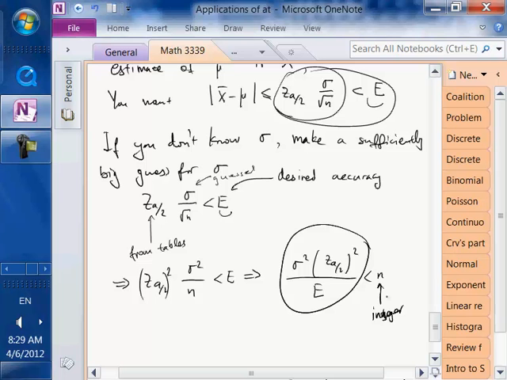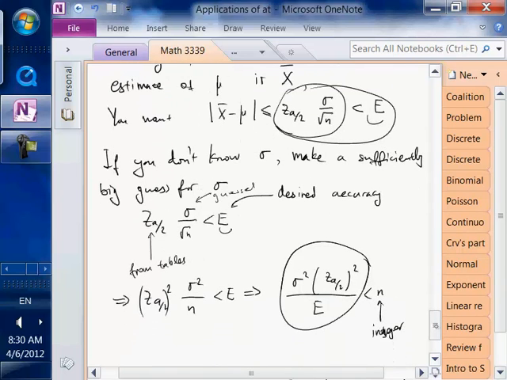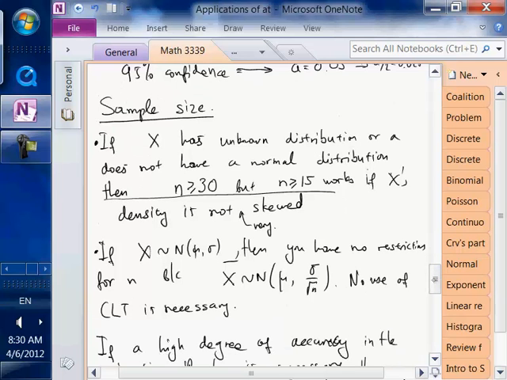Of course, that might be a bigger sample size, and as I said, it's bigger if it depends on a crude estimation or a bad estimation or a very generous estimation of sigma. Now, sometimes sigma is known from prior studies or previous surveys, and therefore this sometimes helps us make that sample size smaller. But typically studies have n's that are much higher than what they actually need, especially studies involved in engineering. On the other hand, if you do medical studies, sometimes you are forced to work with small sample sizes, and that creates certain limitations. If you don't want to have any limitation for the sample size beyond what is reasonable,